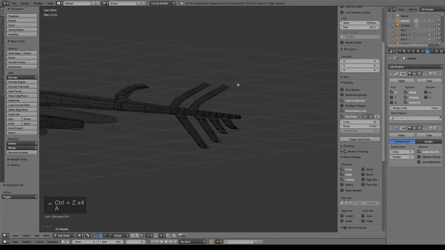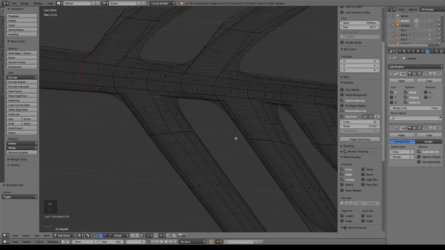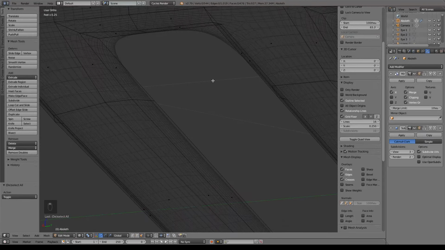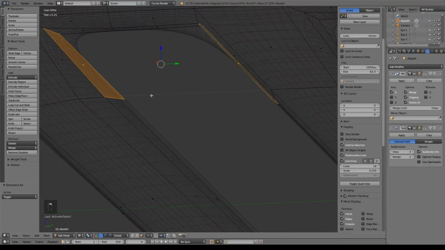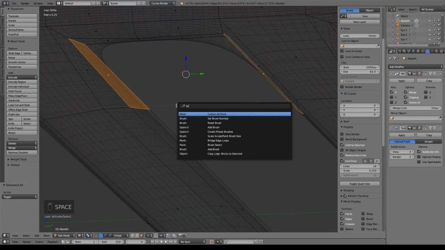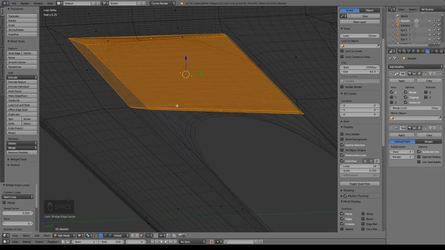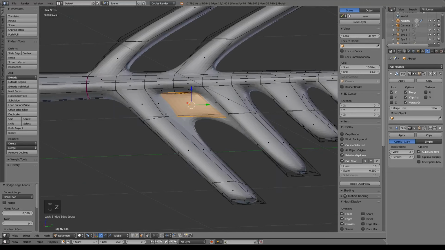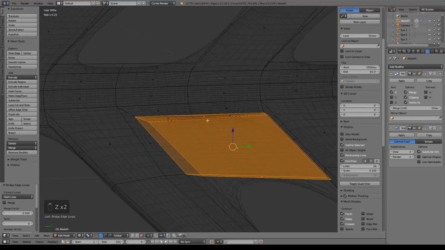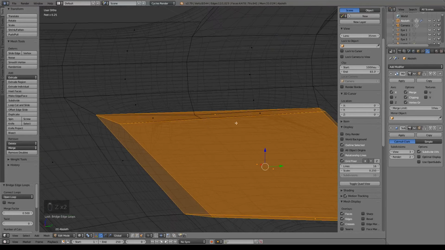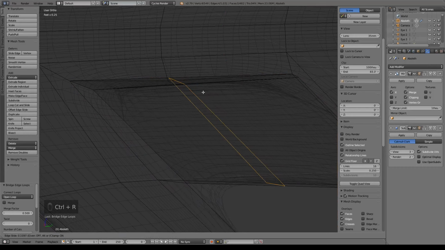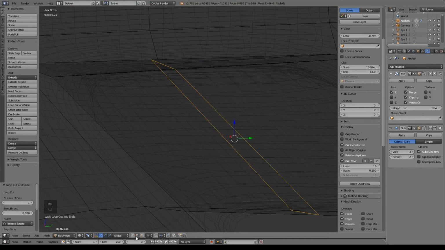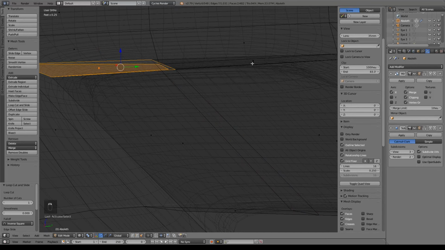Okay, so now we want to go ahead and add the webbing. To do that, we're going to use bridge. So for the first example, I'm going to grab this face and hit spacebar and start typing in bridge and hit enter, and that will bridge them. Now the only problem is you'll notice that it has added a face up here instead of connecting them, which is fine. All we have to do is do Control R, add a loop here, delete these faces,